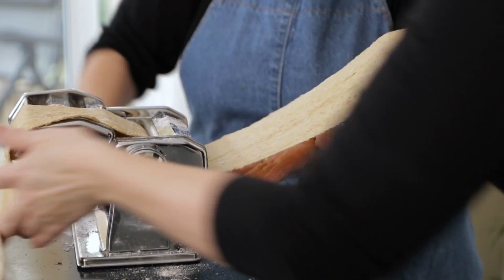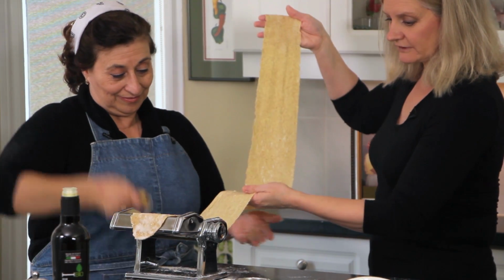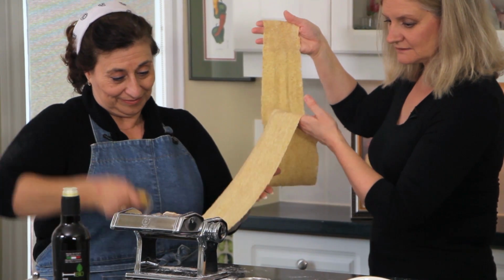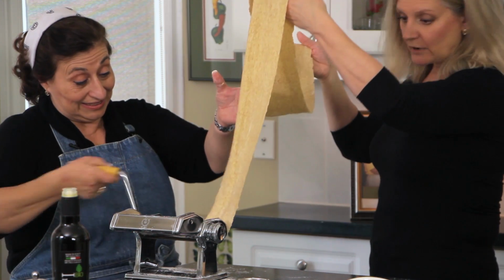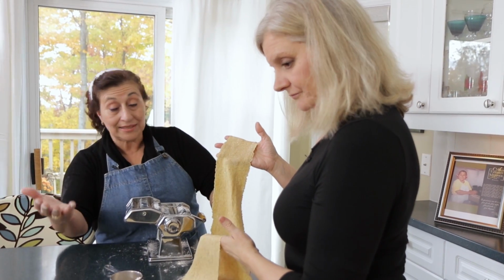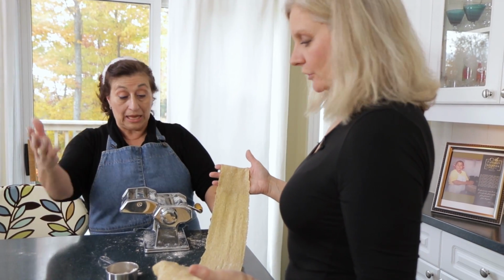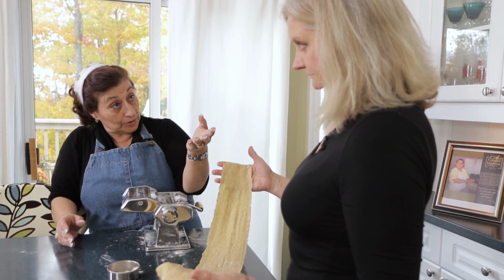Getting so thin. Oh my goodness, look at this. It just goes on forever. Isn't that beautiful? And that was just out of one piece. Look at all the pasta. For 4 eggs and 4 cups of flour, this is certainly enough for 4 people, probably more. Now, if you wanted to make lasagna noodles,